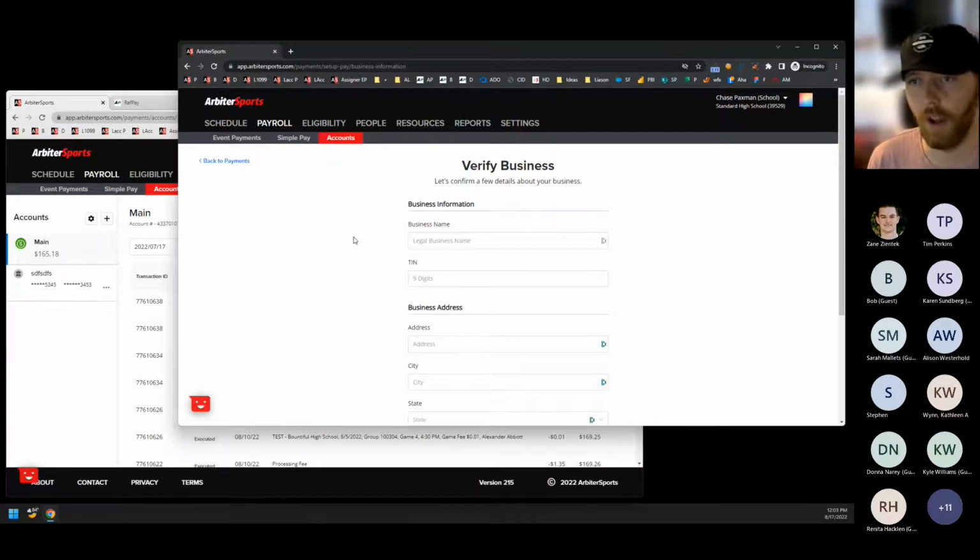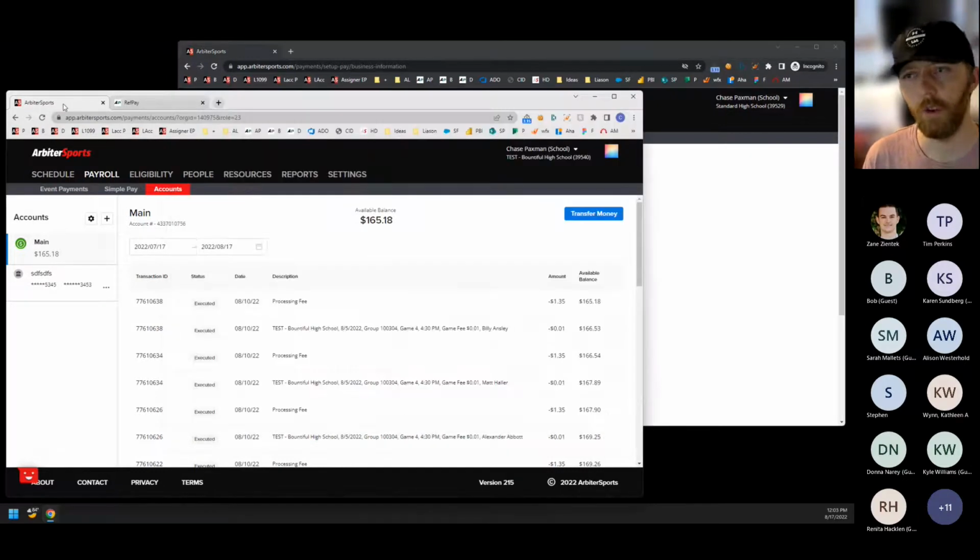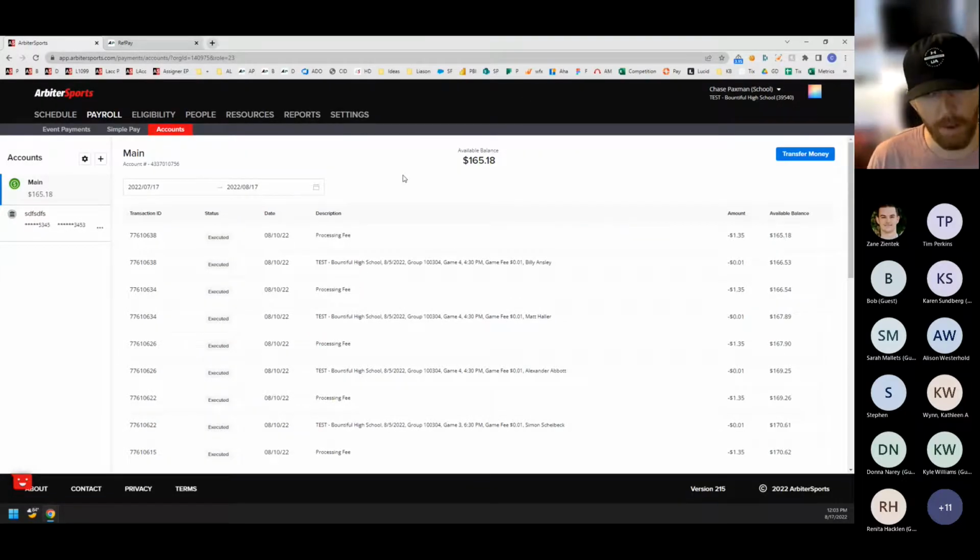I'm not going to go through the whole setup process here just to save some time. But assuming that it all goes well, you'll drop on a page that looks something like this. You'll have your Arbiter Pay account show up on the left. It's going to show $0 initially, and that's just fine. You can fund that. You also will see below here the banks that you've added onto your Arbiter Pay account,